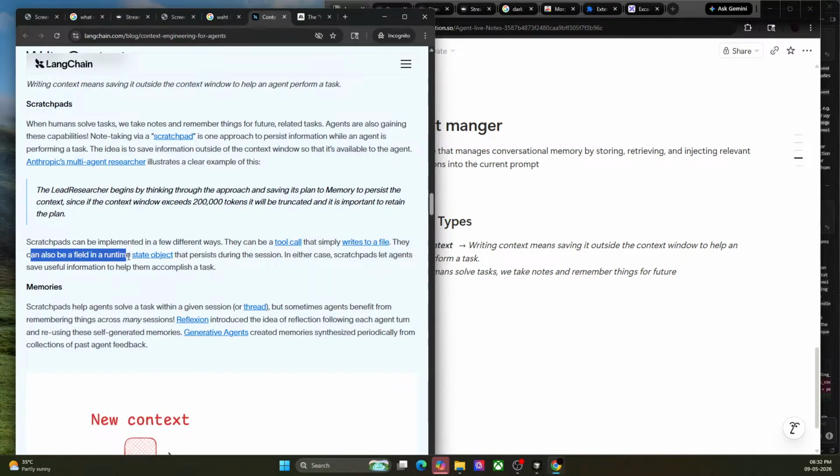A runtime state object that persists during the session. The scratchpad helps the agent solve tasks within the given session or thread, but sometimes the agent